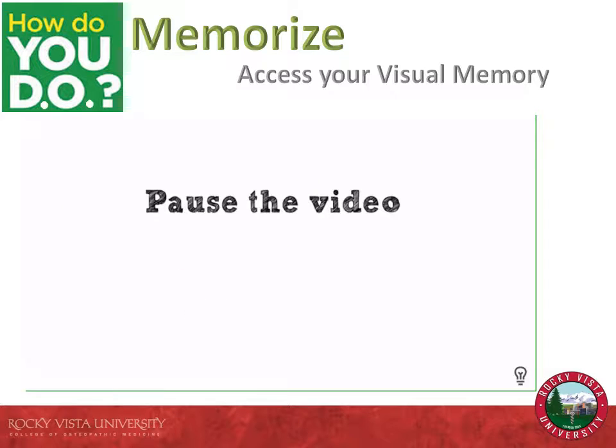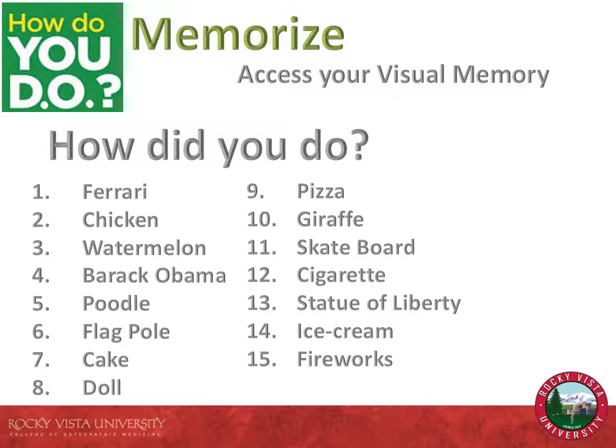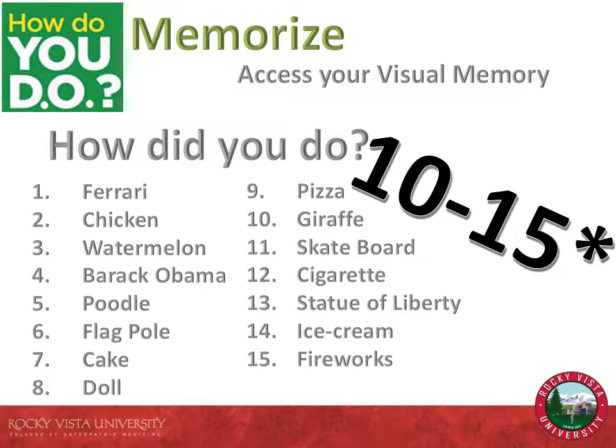Okay, pause the video again and write down how many words you're able to recall using your visual memory. So how did you do on this one? You probably noticed that there were many more words on this exercise, 15 to be exact. The average person will get between 10 and 15 correct, as well as get them in the same order using